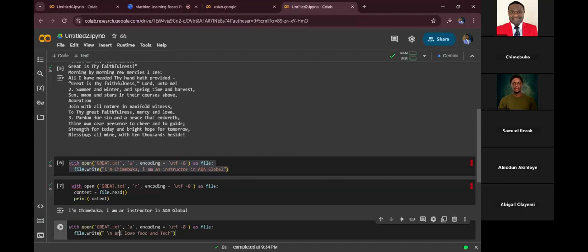There's no point putting this on there. Right. I love food and tech. Don't forget that this stroke and this n is to take it to a new line. If I do not put that, what's going to happen is that it's going to continue in the previous line. Codes do not read this kind of things by line. They just read their file straight up. Okay, so if we run this,